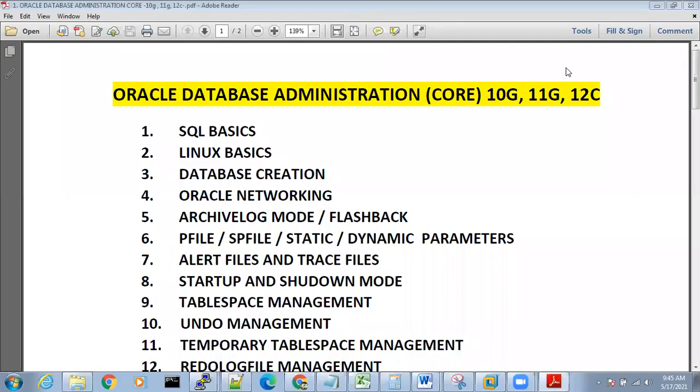So who actually asked me a question regarding the views? Sir, you there? Yeah, go ahead. Regarding the views, you have asked the question. The session is the 6th session: pfile, spfile, static and dynamic parameters. In this session, we will discuss all the views that you're talking about, dynamic views. Can you share this document? As already mentioned, we'll give you the link.